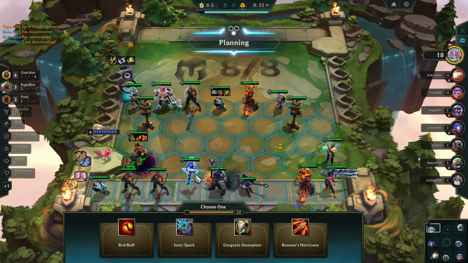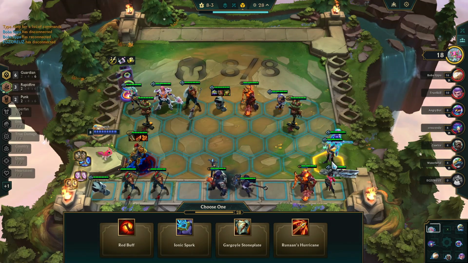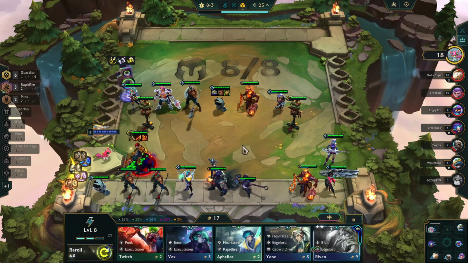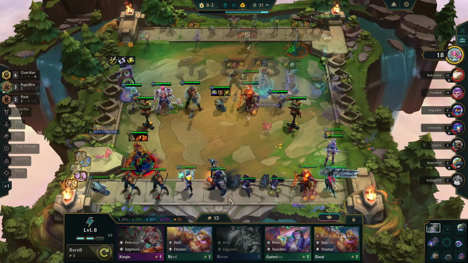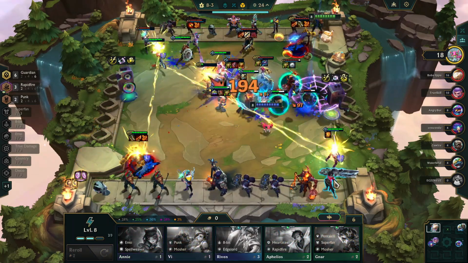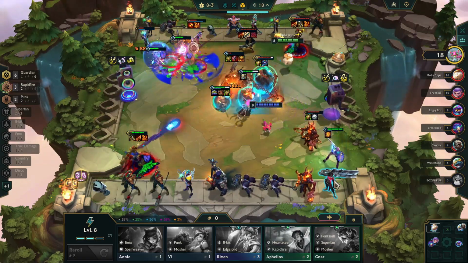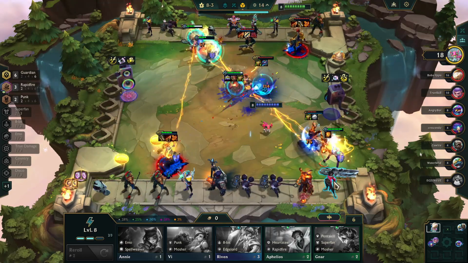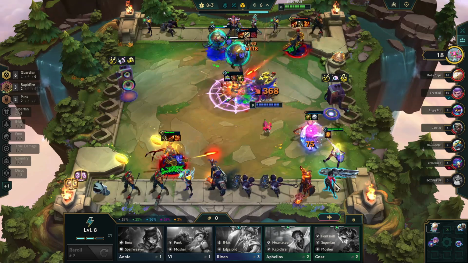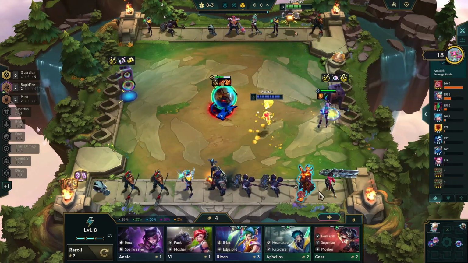Item-wise, I'm not a huge fan of Runaan's Hurricane or Red Buff as backline items, especially in this build, but we can always use a little more tankage in the front line, and so we can add that onto Thresh. And then we run back into the person who's running nearly the same build with the identical items on Jinx: Deathblade, Infinity Edge, and Rageblade, and they've also got Guardians in the front line. They're just aimed a little more into Punk, but still...